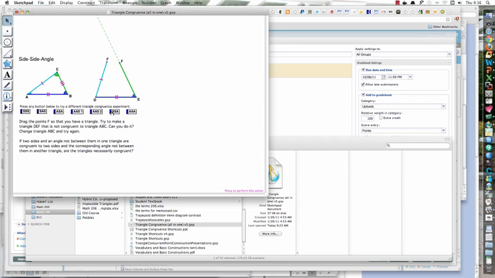So let's take a look here. I've got two sides and a non-included angle congruent to two sides and a non-included angle here. These angles correspond to the right place. And you'll notice that I can extend this side as long as I want, no restriction there. This side has to be that same length because it's set, but I can pivot it so that this angle